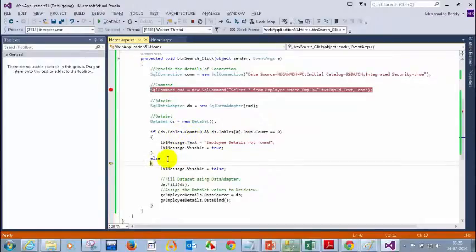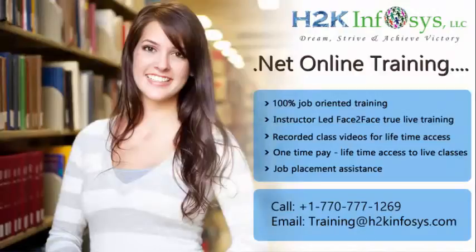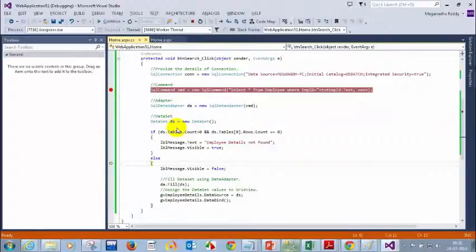Why is the count value 0? Can you guys guess why this count value is 0? Anyone? I did a blunder here, one small mistake. This will always be 0 because I am not filling it. Where am I filling this? I am filling it here, so I should actually put this above.